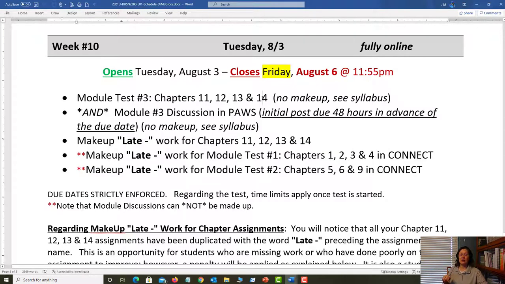A common mistake that students make is they go, oh, I remember, I think there was something about that in chapter 1. Yes, but that was an overview. And I don't want you to talk about chapter 1. I want you to answer those questions from what you now know based on chapters 11, 12, 13, and 14. That's why the discussions are not open from the start of the semester. I want to wait until you have really gone through all the chapter material relevant to those questions. So get your brain refreshed by working on those questions.